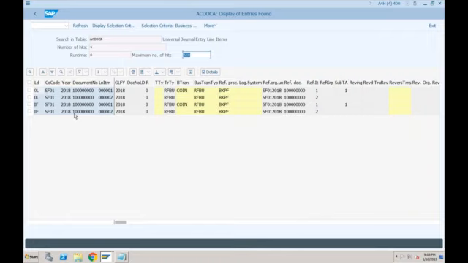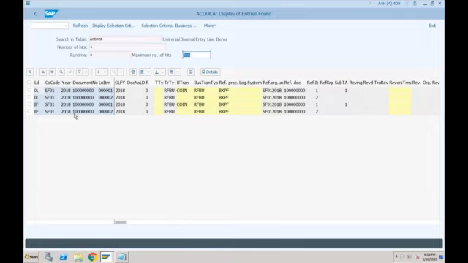Leading and non-leading ledgers, I think, is the difference. In S4 we can see 0L as well as IFRS reporting here, but in ECC we can't see this type of data. No, the question is not ECC versus S/4HANA.